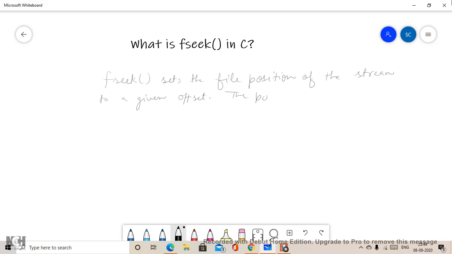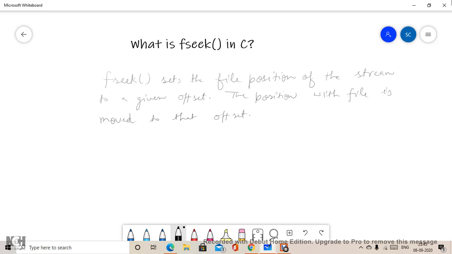The position within the file is moved to that offset.